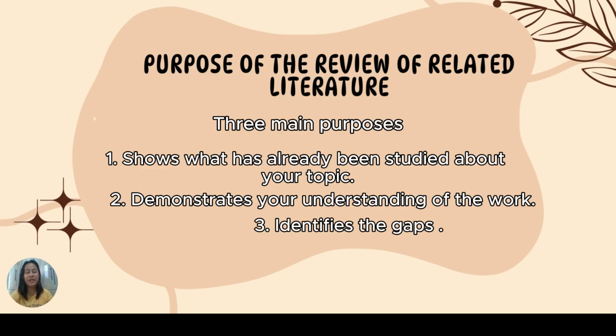Finally, it identifies the gaps, areas that haven't been fully explored, and explains how your research will help fill those gaps. In short, your review of related literature provides the foundation for your study and shows why your